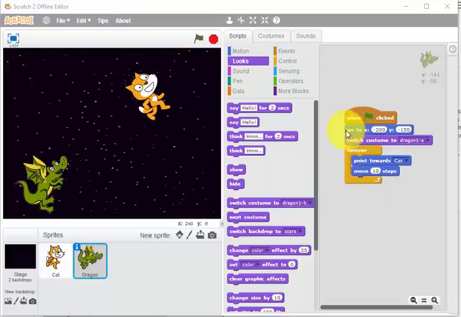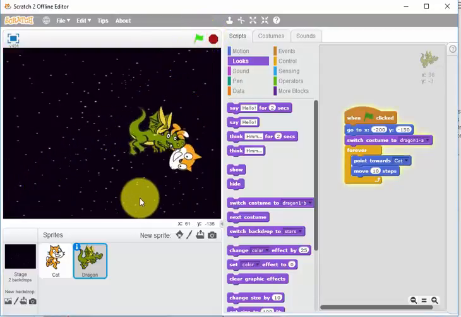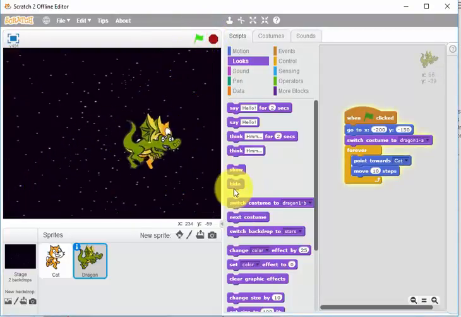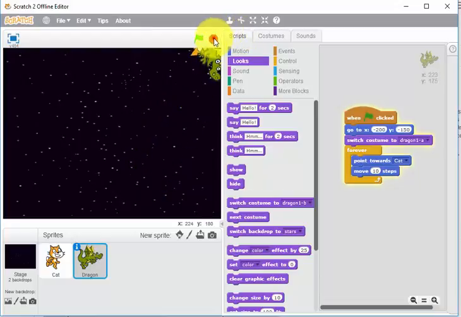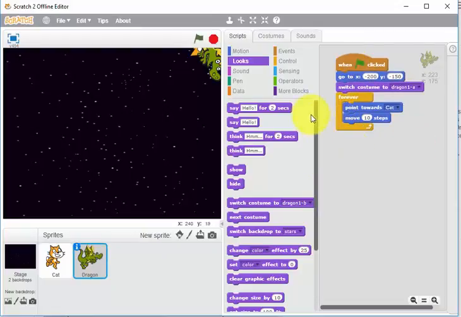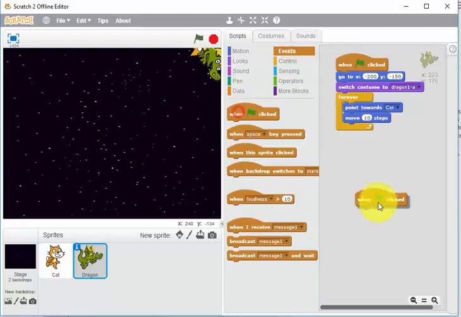Okay, so that's the action with the dragon, and what we'll see now is that if we start it off, the dragon will chase. Oh, he's caught up with him, so that's no good. We'll have to stop that now. He's at least caught, but what we want to do is when the dragon catches the cat, we're going to have him breathing fire. So we've got one section of script here on the dragon. Once again, we've selected the dragon. We've got a script there, but we also want to have another set of events here that when clicked,